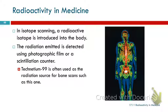Radioactivity is very useful in medicine. It's called nuclear medicine. One technique used is called isotope scanning. So they can give you a substance that has a small amount of a radioactive isotope on it and introduce that into your body, either having you swallow something or injecting something, and then that, based on what the molecule